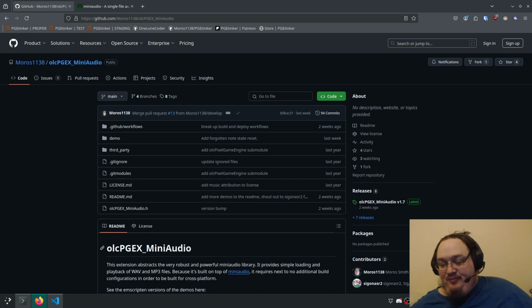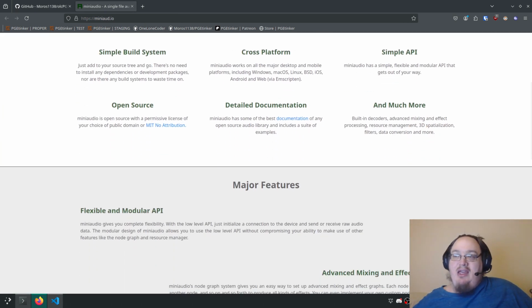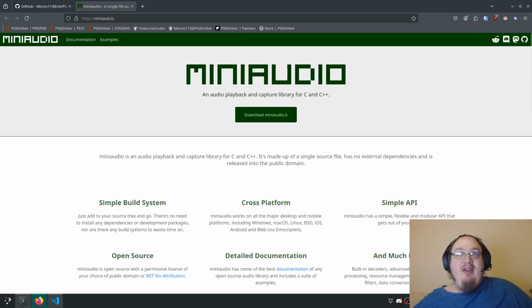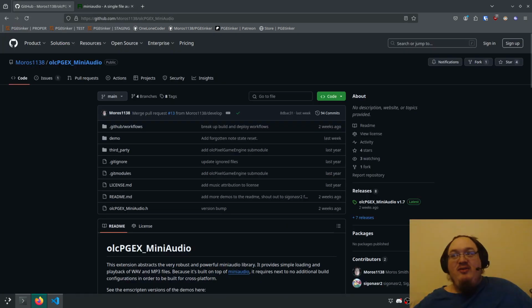It's basically the brainchild of Macron. He's got a Discord server and the Git repo. It's very well documented. There's a lot of really cool features, and it works out of the box on anything it supports: Windows, Linux, Mac OS, iOS, Android, and Emscripten. It just works. It's really cool.